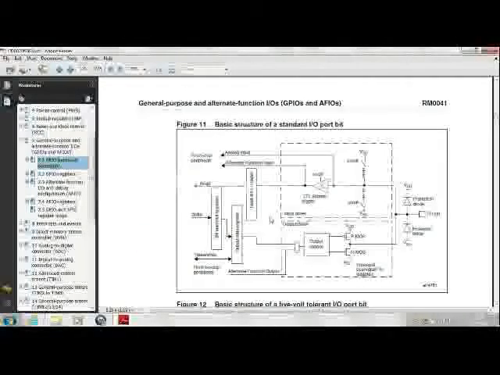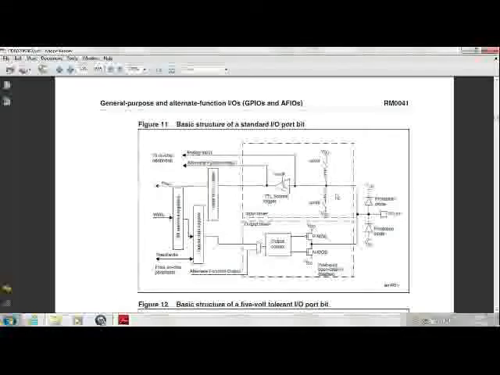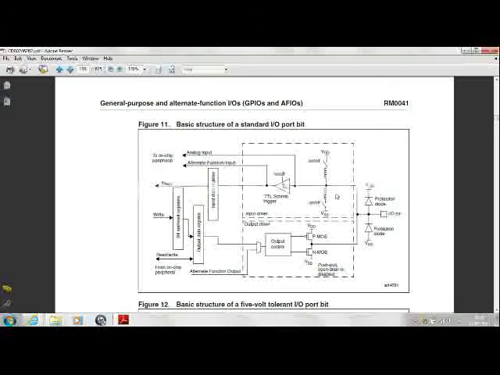So we just come down to the basic structure of a standard IO port. Now to tell about GPIO, general purpose IOs are digital input outputs from and to a microcontroller, and they form a backbone for interfacing any kind of hardware to the microcontroller. Say your transistor rated switches, or you have the motor drivers, or you can also interface ADCs and DACs externally. Say if you want to have a fast ADC, quicker than what is on board, with conversion times less, all these are connected by the GPIO pins.